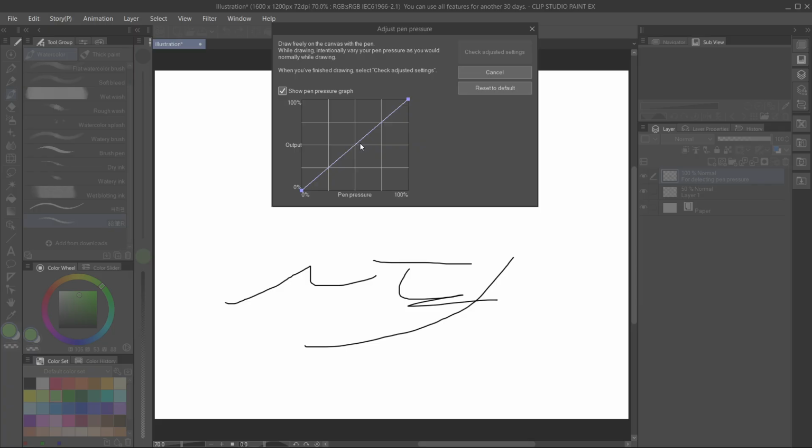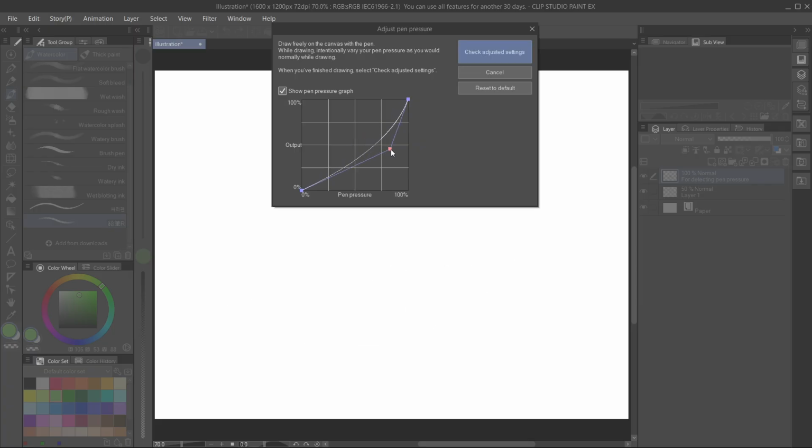Or you could also go ahead and of course change this over here, so this kind of pressure graph that you have, and whenever you actually adjust it according to your own preference, of course you can play around with this and see what suits you best. If you click, you can create another one of these points. You can then drag out stuff like this, and then you can just go and click on check adjusted settings,